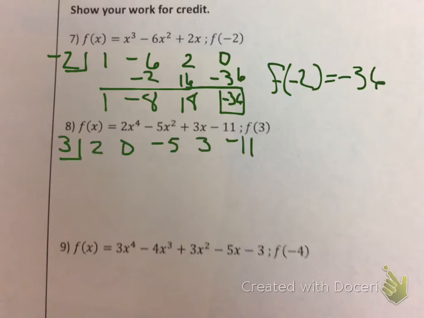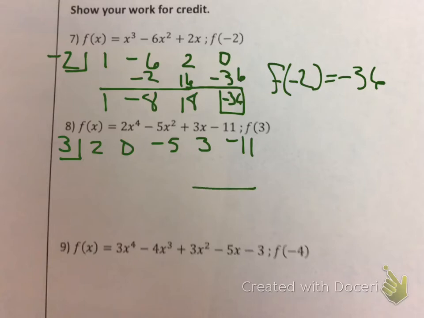Notice for number 8, you've got a 0 here because it was missing the x cubed. I need to have x to the fourth, x cubed, x squared, x, number. So now if I carry this one out,